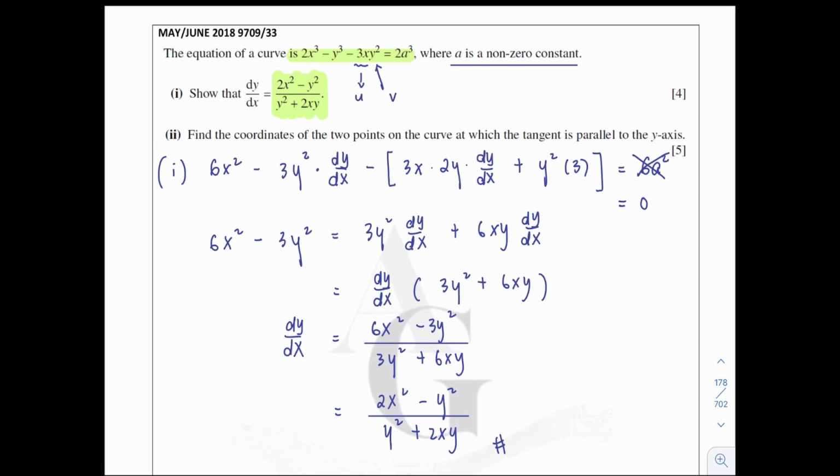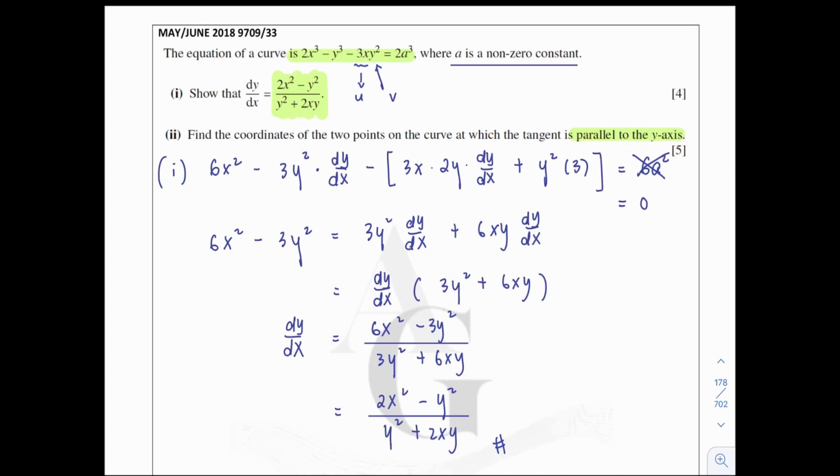For part 2, you are asked to find the coordinates of the 2 points on the curve at which the tangent is parallel to the y-axis. Usually, the question will be about parallel to the x-axis. When it's parallel to the x-axis, we can say that dy/dx is equal to 0. But now, this question is asking about the tangent being